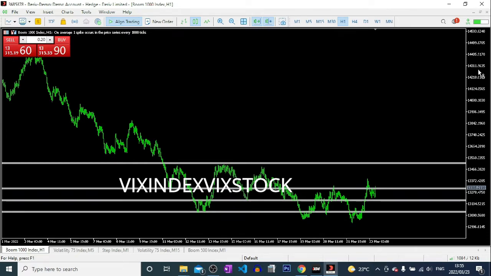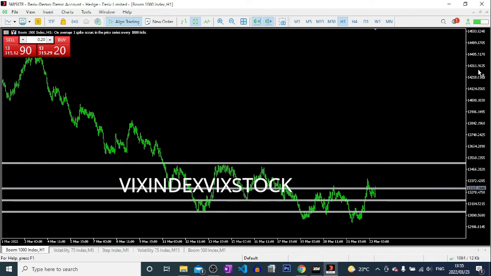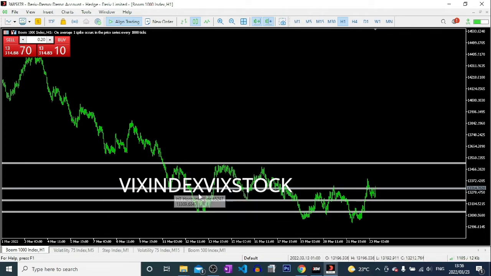That's why you can trade these synthetic indices 24 hours a day, 7 days a week, whether there is a holiday, whether it's New Year's, whether it's Christmas, or even if there is a war happening. I think if the Deriv server is up, there will be trading. The synthetic indices don't have actual real world connection, and they are not even affected by news or world events. That's why you never see any spikes and stuff like that.